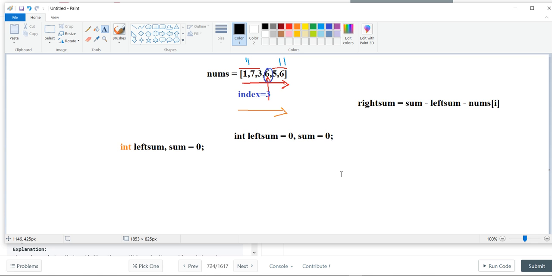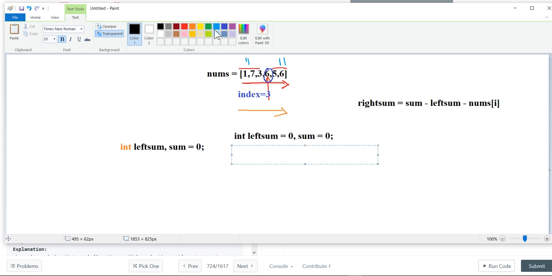Then I can use a for loop to say that every time I encounter a new element, I want to add that element to a particular variable, that is sum, and increment it by adding it to the variable. So I'm going to use the for each loop for this, and then I will be saying